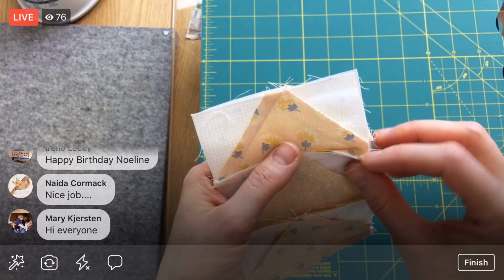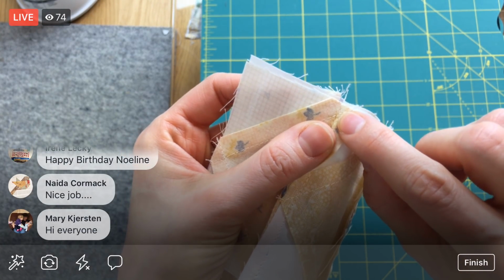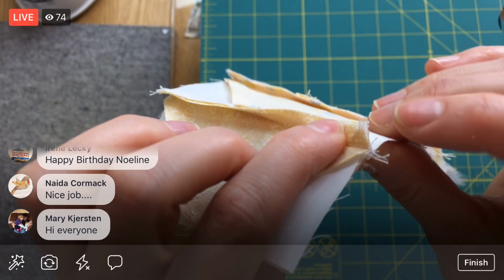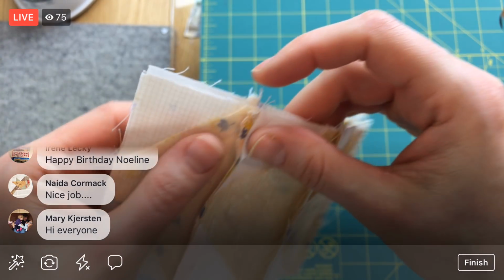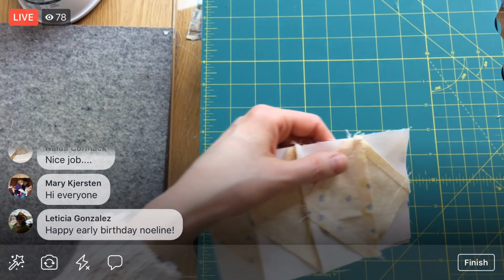Hopefully, well, you know, we could pin it. So we could actually stick a pin through where it crosses over there and stick a pin where it crosses over here, where those seams cross. And that's how we could line it up for sure. But you know what? I think I'm going to just